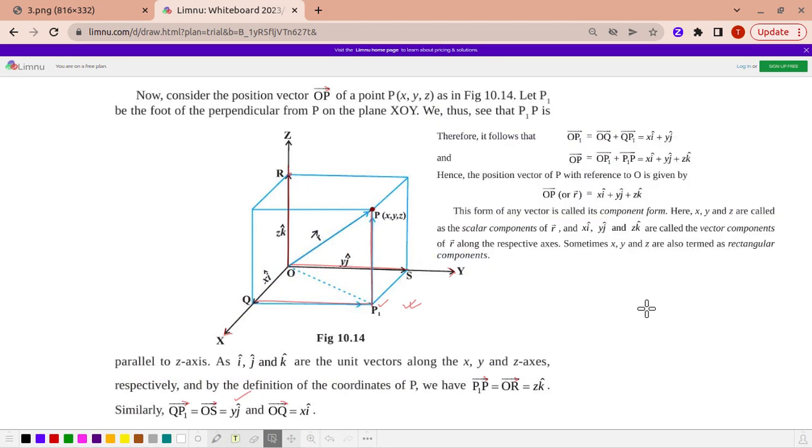So you see OP1, the vector, is nothing but the addition of OQ plus QP1. I repeat once more, dear students, you see that the OP1 vector